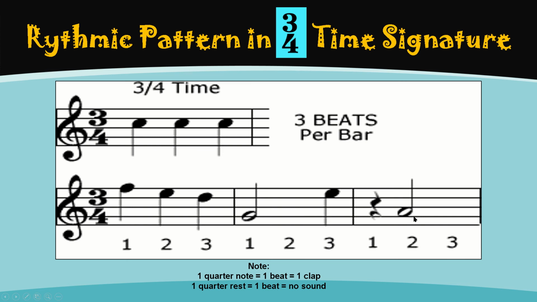So, once we add them, it becomes another 3 beats. Meaning, we are in a 3/4 time signature. Let us try to clap the first measure. Since we have 3 quarter notes, we're going to clap 3 times. 1, 2, 3. Next, let's have on the second measure a half note, meaning 1 clap and count until